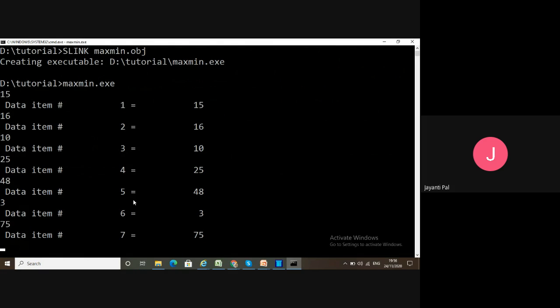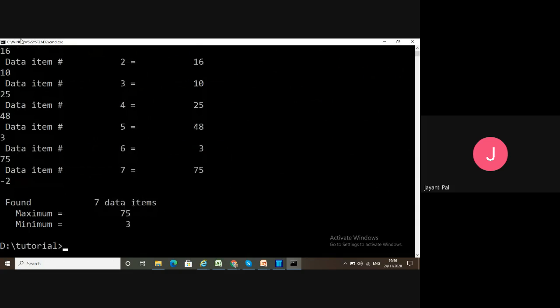Now the loop keeps moving because all of those are positive numbers. Now how can you exit this loop? For that you have to type any negative value. Once you type a negative value, the loop terminates and it shows you the result: there are 7 data items, among them 75 is the maximum and the minimum is 3.